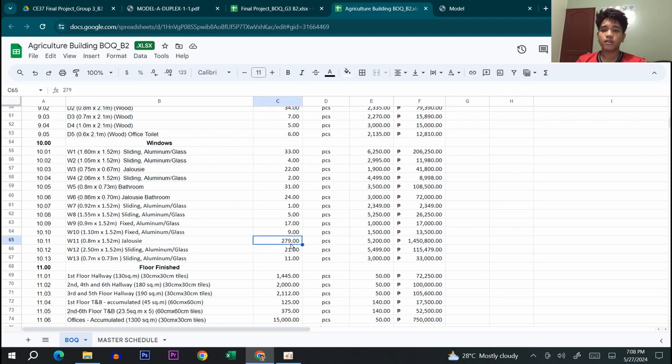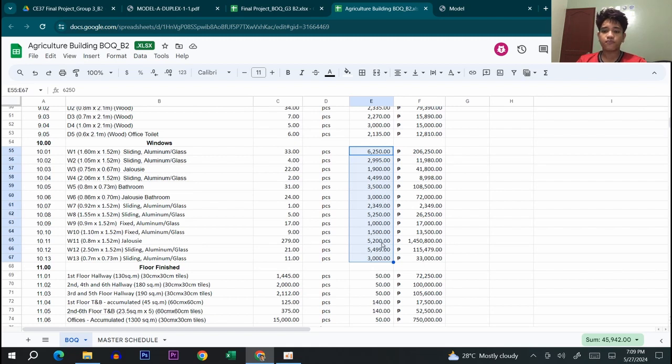So when I went back and counted, there are 279 pieces. Per piece is the single set of frames. So when I counted, it is around 279 pieces. And for the pricing, just to add, it was very hard to find all of these prices online, because although some were present, maybe half or more than half of these windows were very hard to find. So some of these are made by assumption or references from other sources.